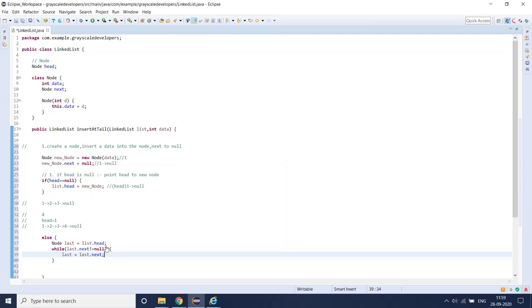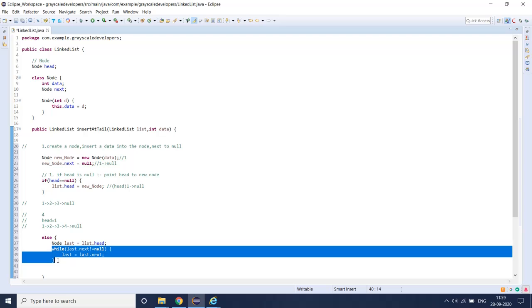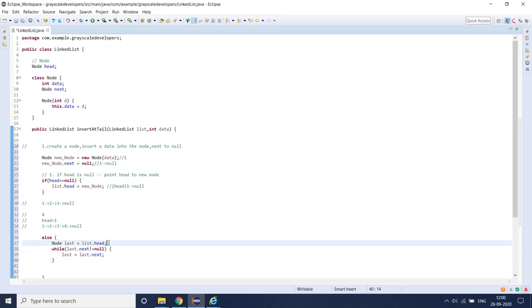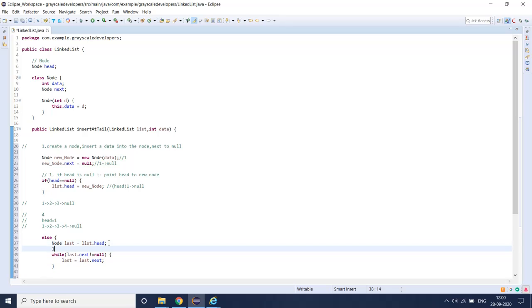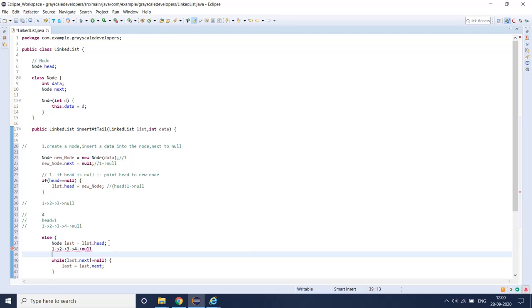So this block, what it will do? In particular, if suppose already I am having 1, 2, 4, then if I have to insert 5, then it will traverse from, so head is here, what? Head is 1 here. So from 1, it will traverse till 4.